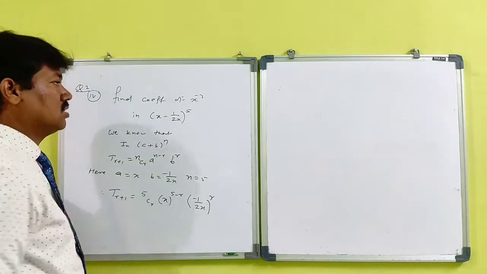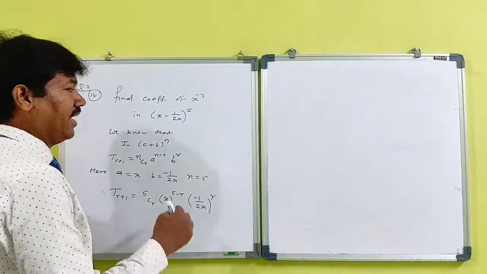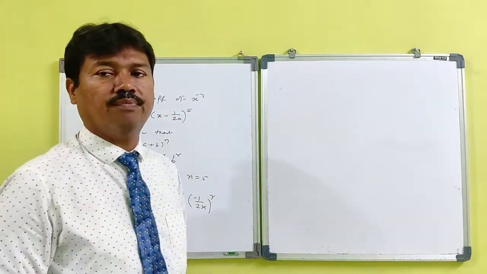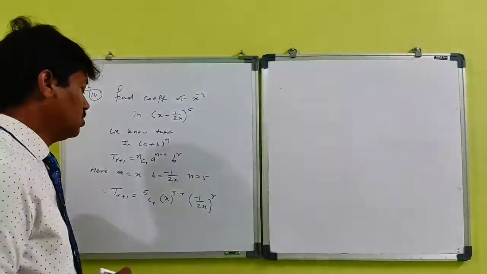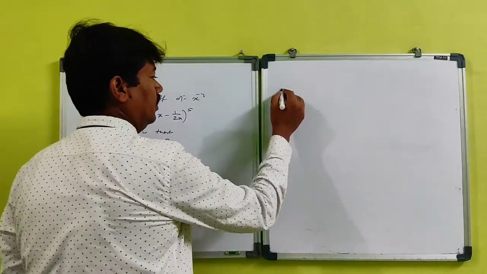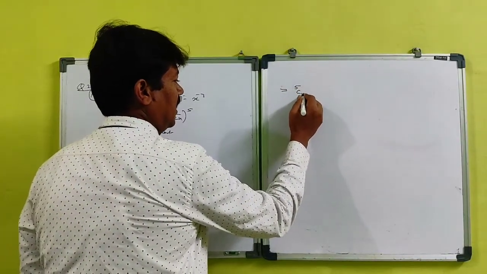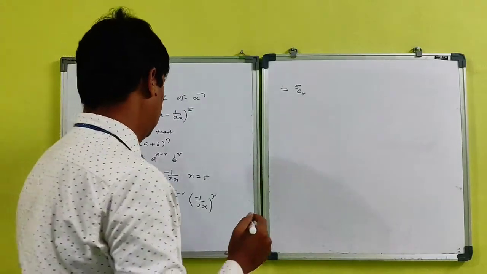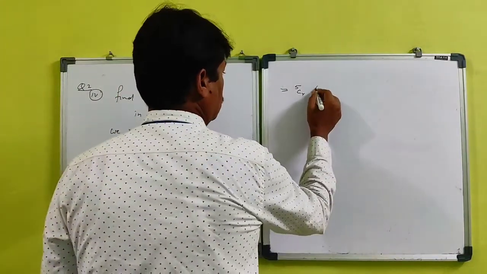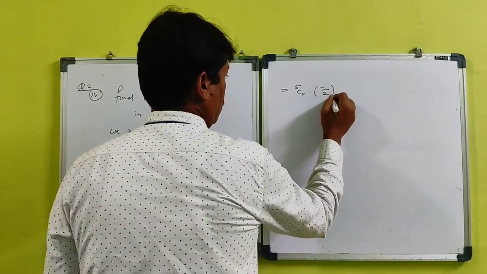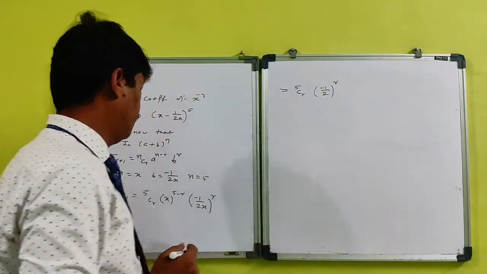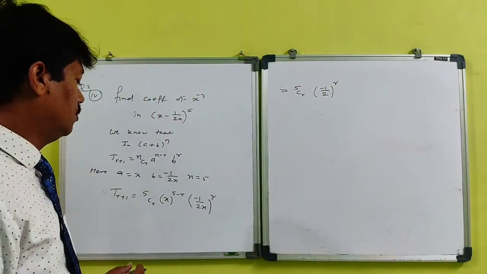Then collect all constant terms. Constant term, this x that will be the constant term. So I have to collect all those terms. So here it is 5CR minus 1 upon 2 raised to r, x raised